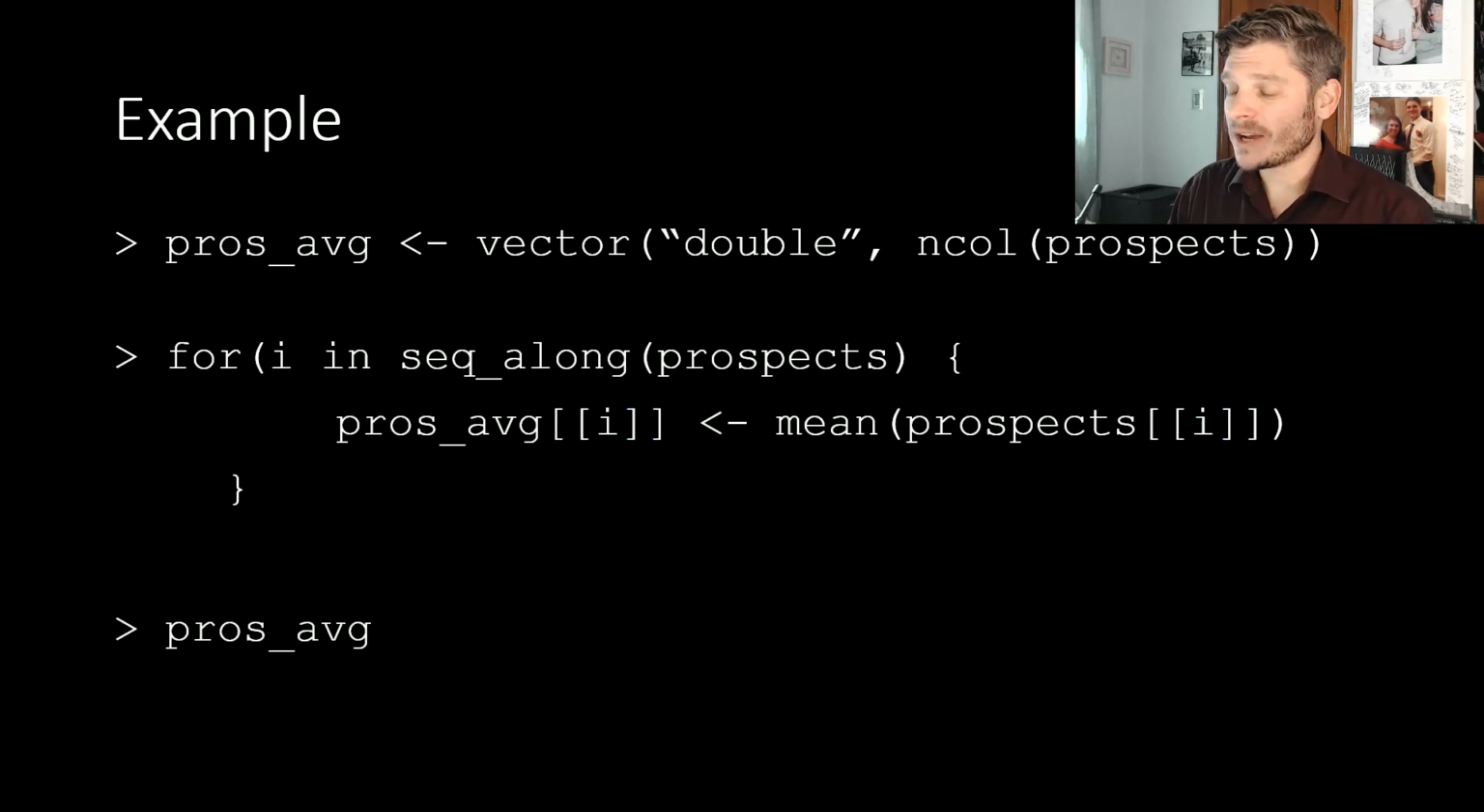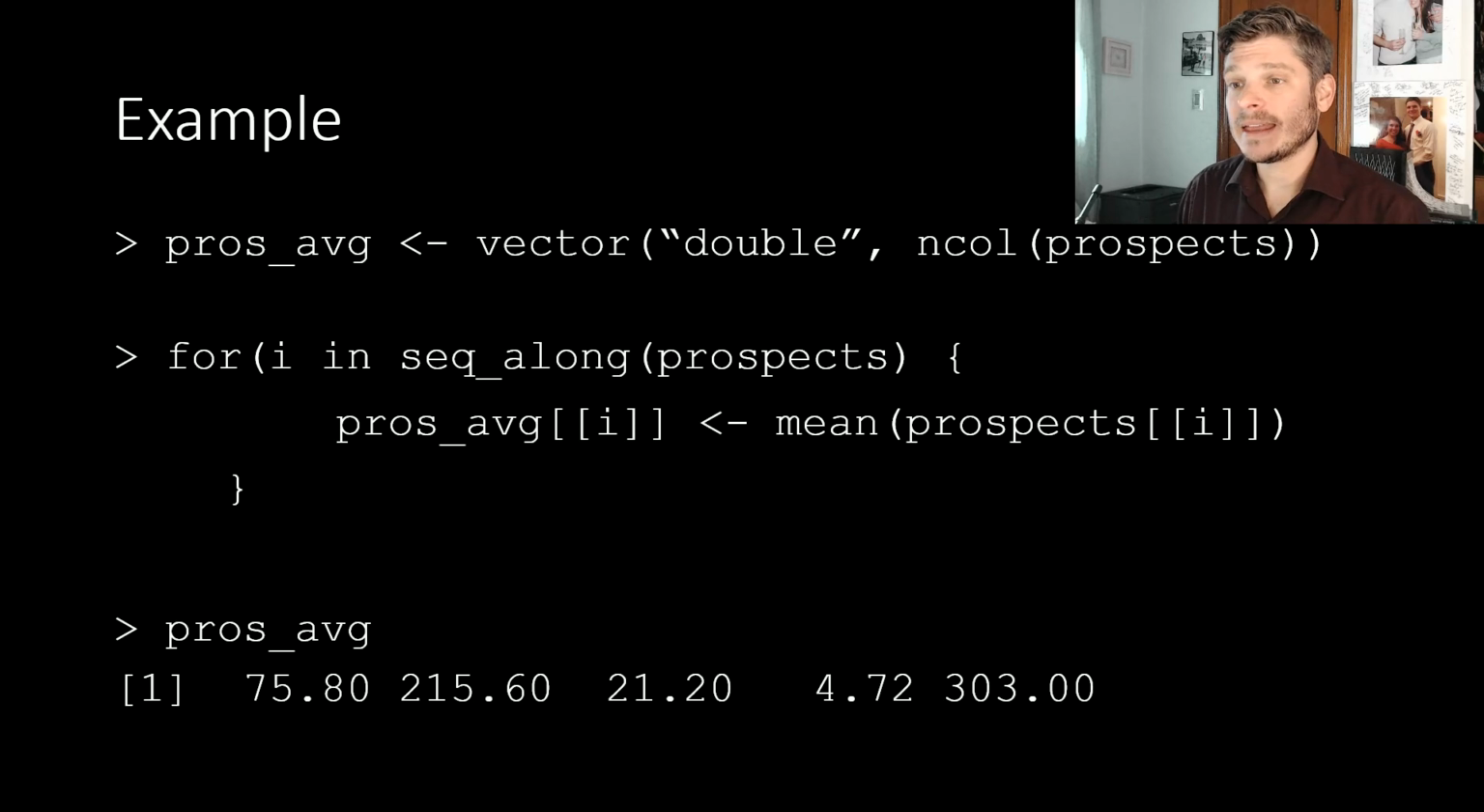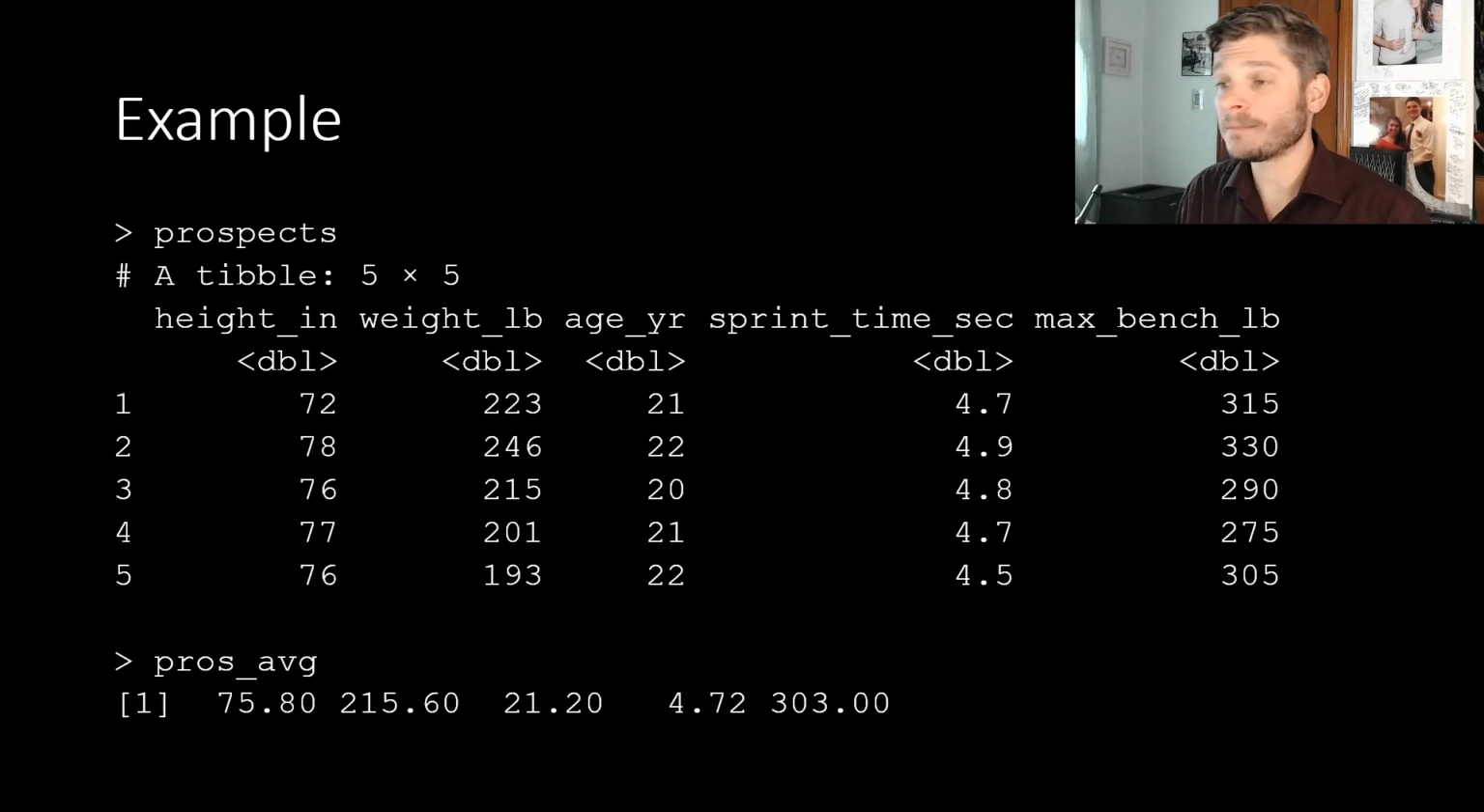Now, if I run my code, pros_average, and then I check my answer, sure enough, I have a vector that has 5 doubles in it. We know it's a double because it's got all the decimal points in there anyway, right? Everything is rounded to 2 decimal points. It doesn't necessarily need to be. And if we compare that with my original data frame, yeah, it looks like we did it